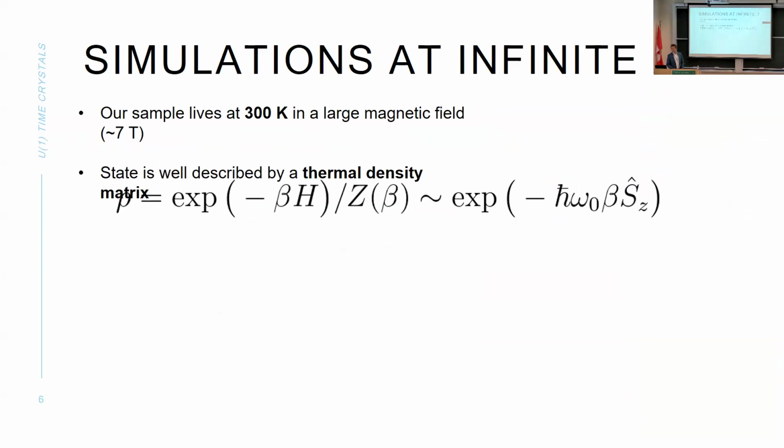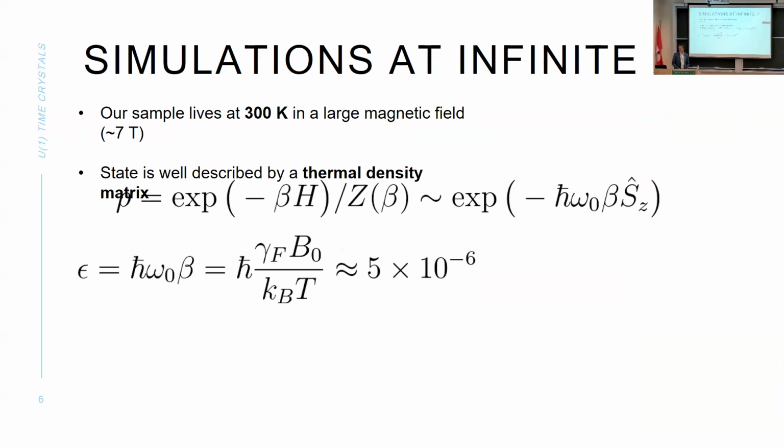So if you look at the thermal density matrix, well, it seems like the computer's messed up some of my equations, so bear with me. What we have is essentially a Gibbs state, in which the leading term in the exponential is going to be a product of the Zeeman energy splitting, h bar omega naught, and the inverse temperature beta. So if we look at this small parameter epsilon that's sitting there, it's on the order of 10 to the minus 5 or 10 to the minus 6. So our density matrix is well approximated by a large trace 1 component, an identity term, and a small density difference matrix,